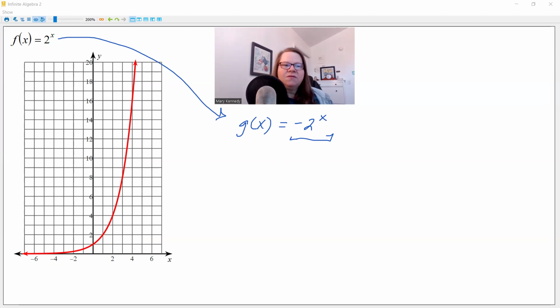So if it was 2 to the x and now it's negative 2 to the x, the negative in front is what I think of as right after that equal sign, but not in the exponent, but down here with this base sort of. That just means it's going to be a reflection. It's going to flip it over the x-axis. So reflection over the x-axis. And as far as what the graph is going to look like,